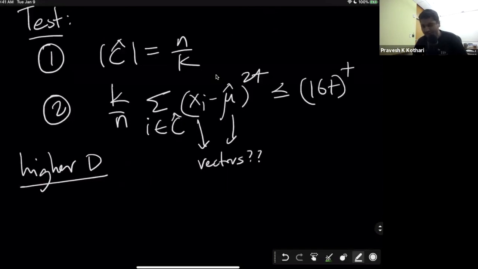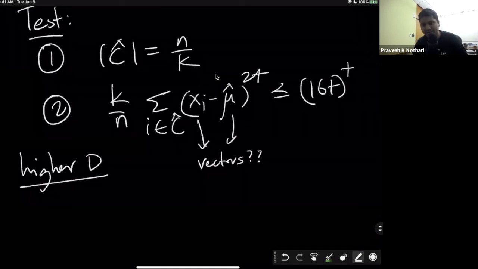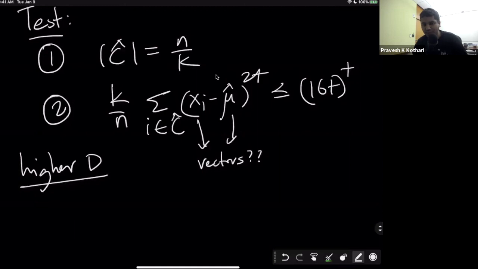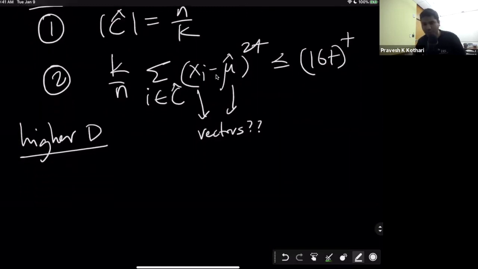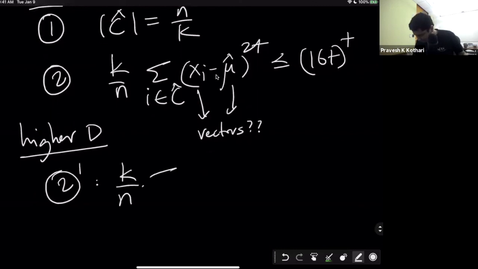So what's the natural thing I can do? Can someone suggest to me what should I do here? What's the natural way to generalize this to higher dimensions? Okay, since it's like 6:50, let me make a suggestion. So the 2 prime could be, so one is obviously the same, there is nothing else to do there. 2 prime, one way to incorporate vectors